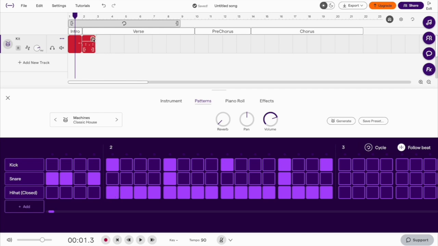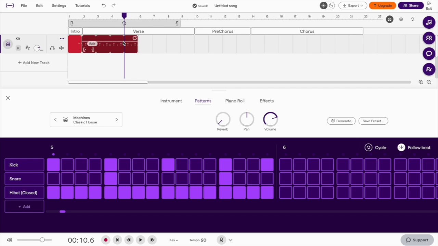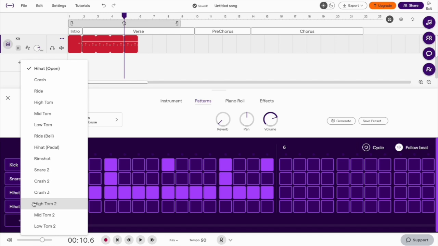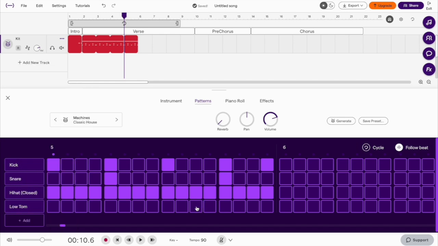Loop this over 4 bars. Split the section at bar 5. Right-click, split region. In bar 5, add low tom. Select steps 11, 12, and 13. Next, highlight these 4 bars. Copy and paste at bar 6,